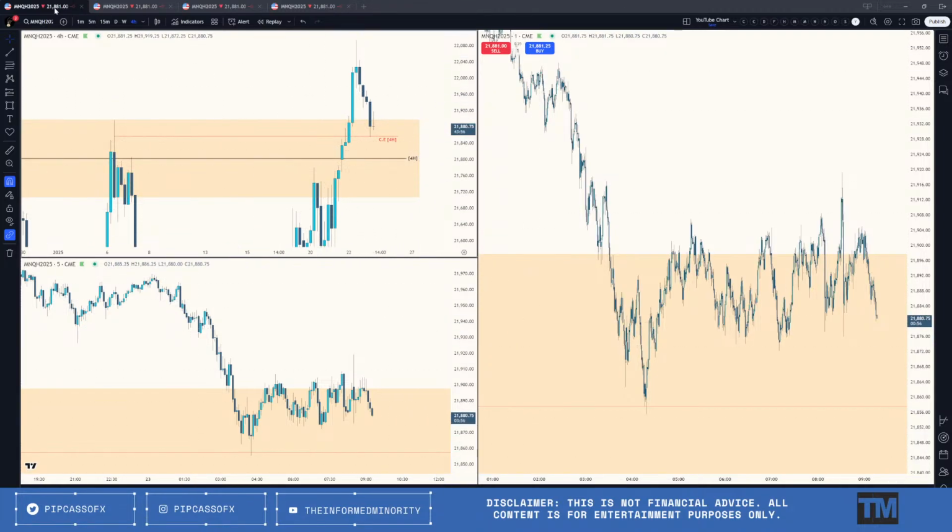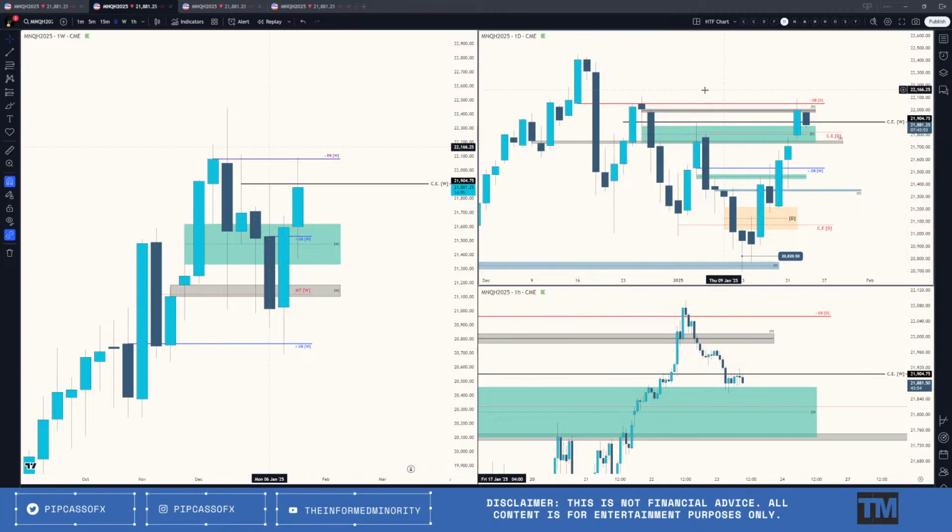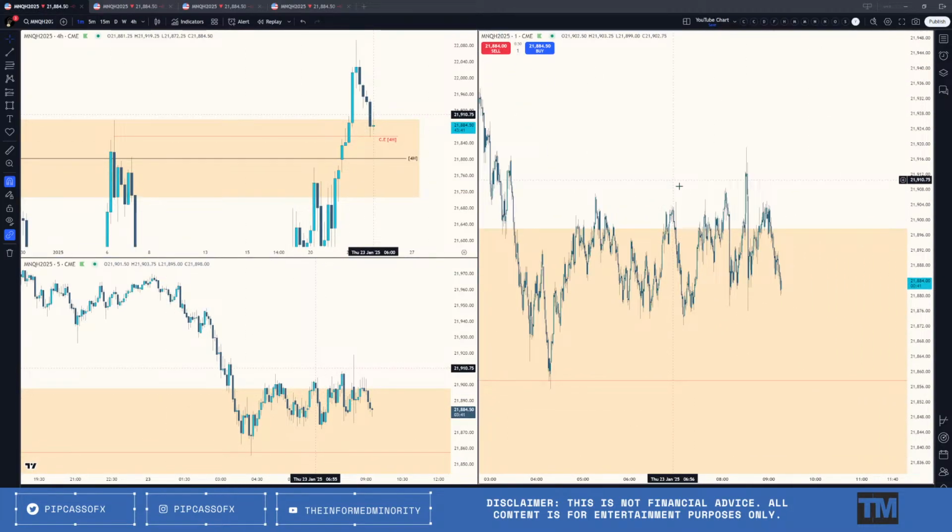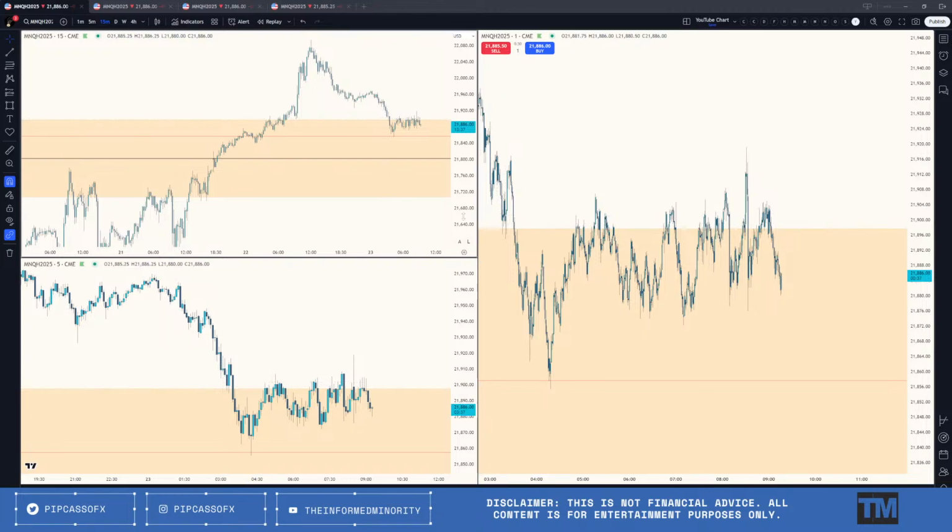I do see this. And also, I just kind of want to mention, we did close below this. It's not like we closed above it. So that is slightly concerning, at least for upside movement. But we will kind of see what we'll be getting today. So that's pretty much the whole thing for me. I want to see if we have anything.